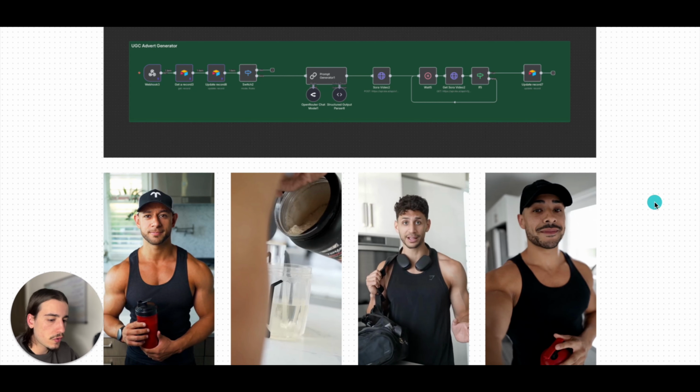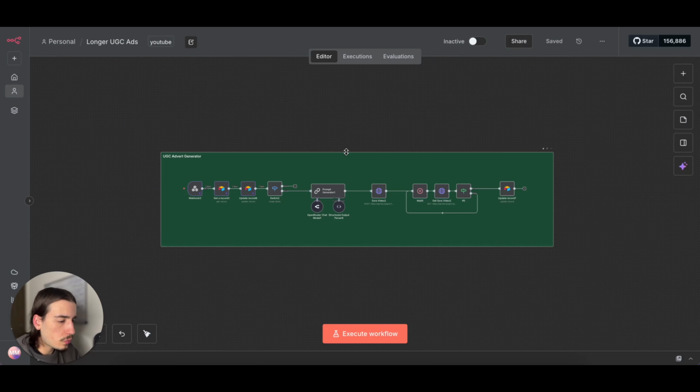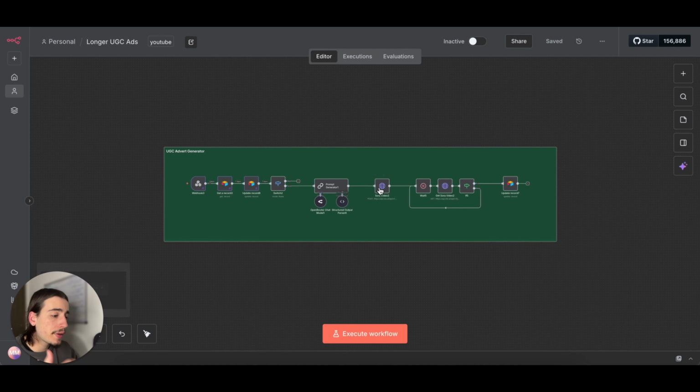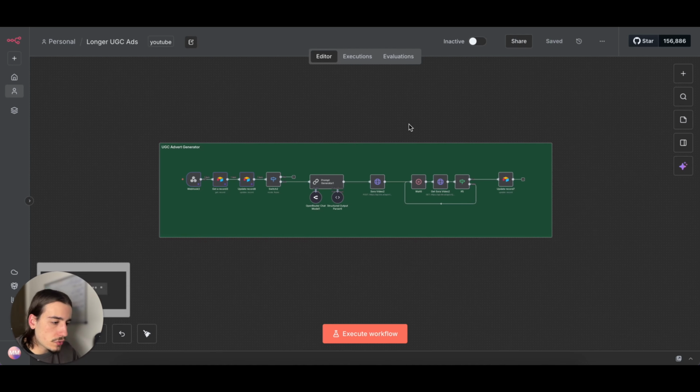So let's move over to N8N. So we are inside of N8N now, and this is the workflow. As you can see, pretty simple. The main components of the system are just the prompt generator and then the API call to Kai AI, where we're going to be using Sora 2's storyboard feature, which actually allows us to create consistent character videos by generating